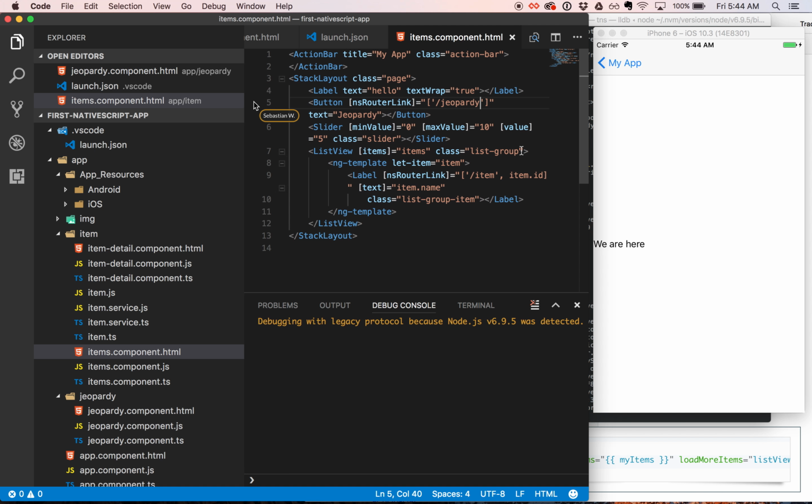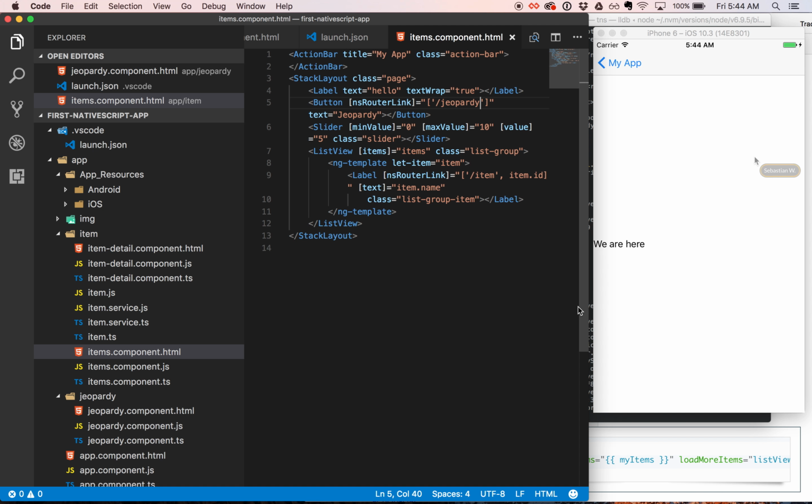I want to teach you another trick. Let's add an additional attribute to our navigation, to our button. Out of the box, iOS and Android have a bunch of different animations, so we could actually use them very easily. We call them page transitions. If you add a new property to the button called pageTransition with a lowercase p,